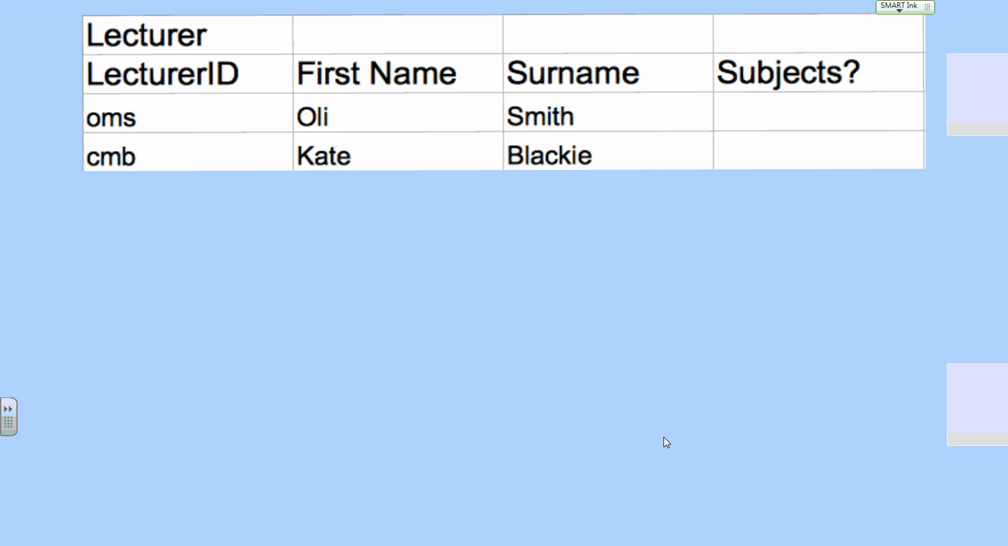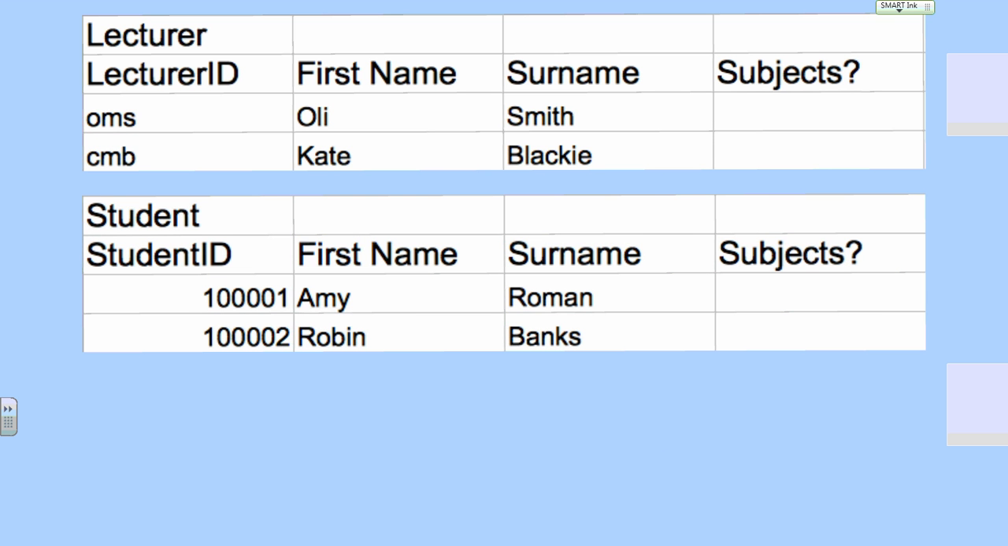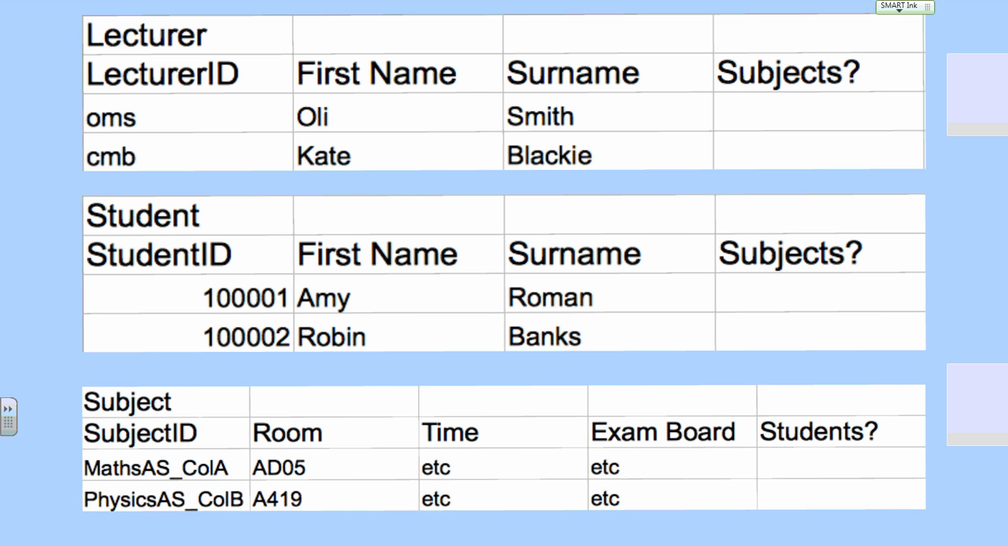So here's a possible solution. You have a table, you have an entity for lecturer, you have an entity for student, and you have an entity for the subject. Your lecturer entity stores all the details about all your lecturers, the student entity stores all the details about the students, and the subject entity stores all the details about your subjects, which is fine. But then you have this sort of tricky problem of how to relate